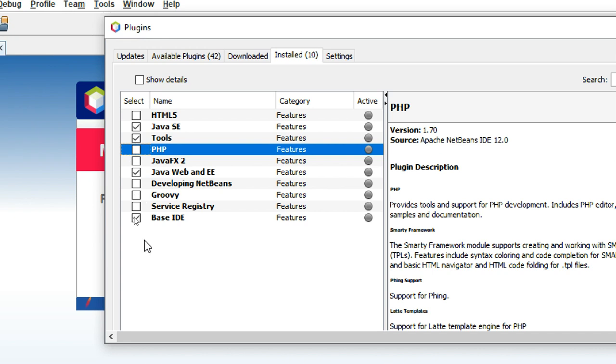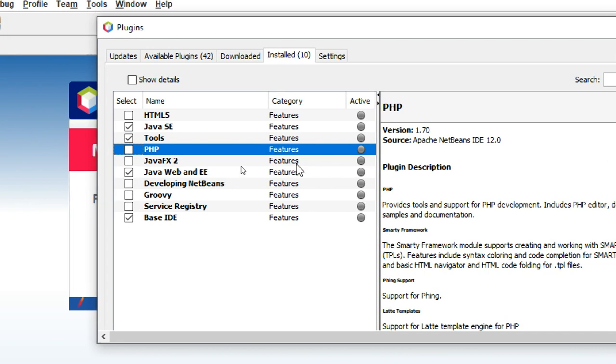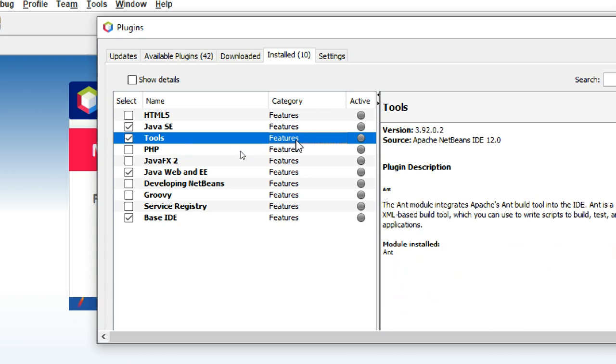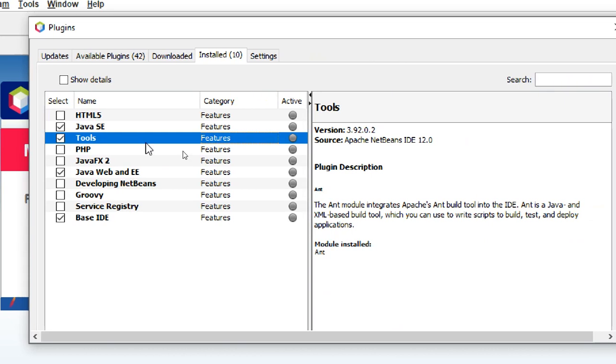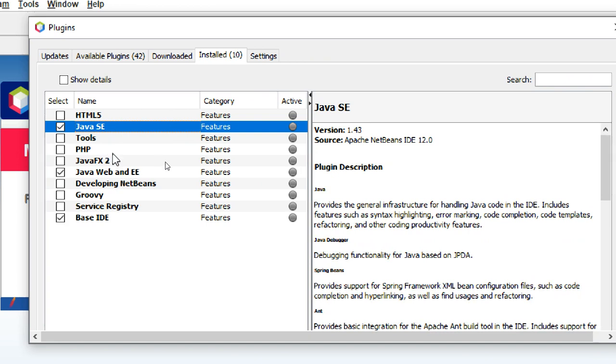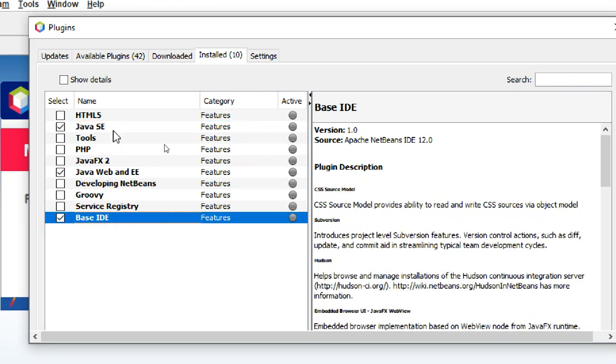If you don't want it, you can unselect it also. I just want Java SE and IDE.